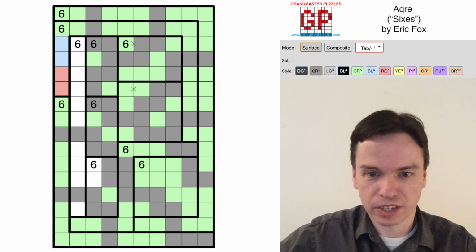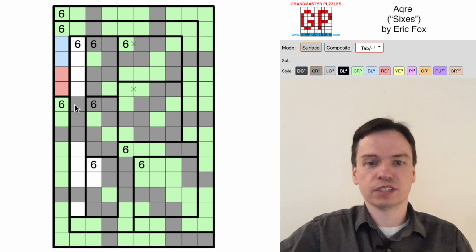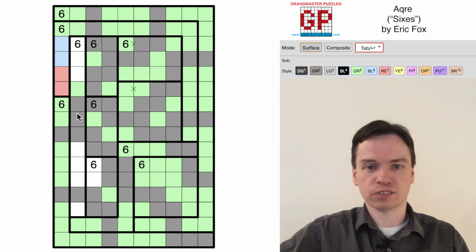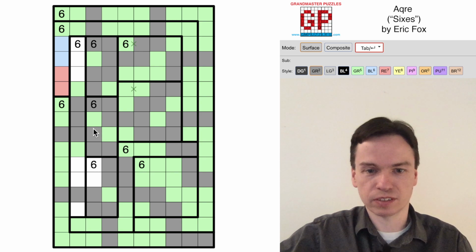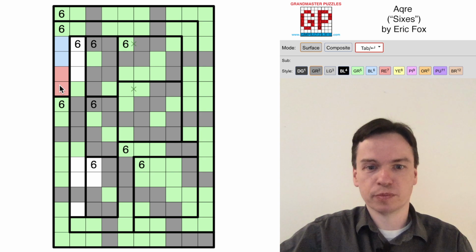Let's sort of figure out what's next. Well, one thing is the bottom of the grid has to connect to the top of the grid, and look at this whole diagonal of green. If I don't take these cells coming through this channel, I don't connect the top with the bottom, so that looks very forced. That means where I'm taking one of these in red, I'm not taking this bottom one,